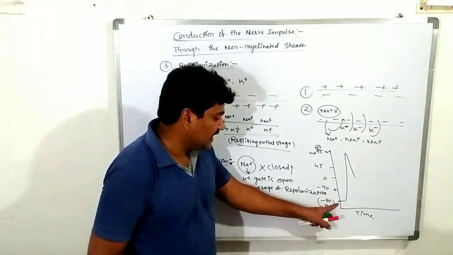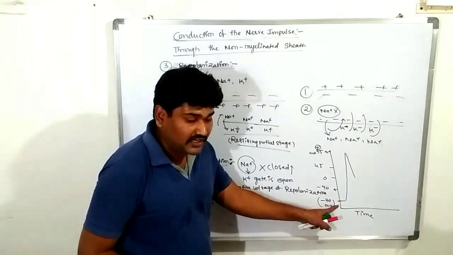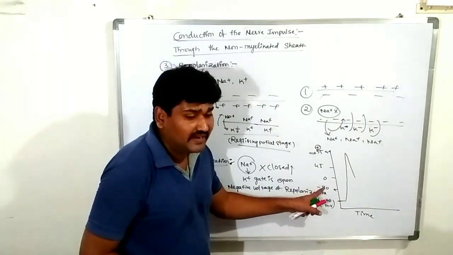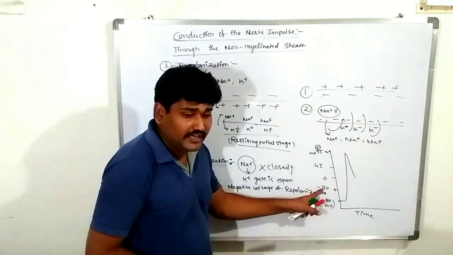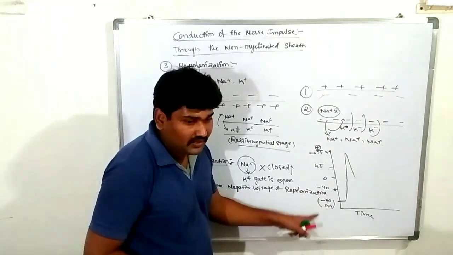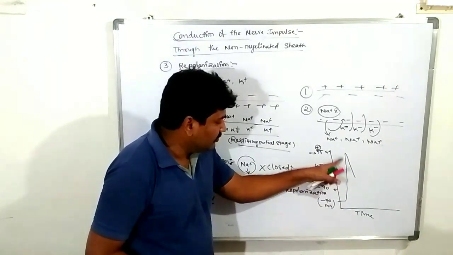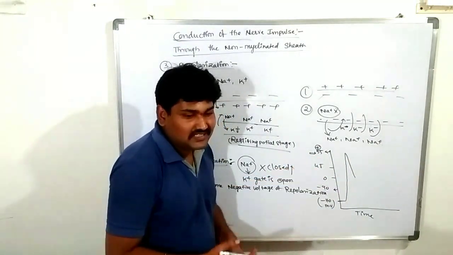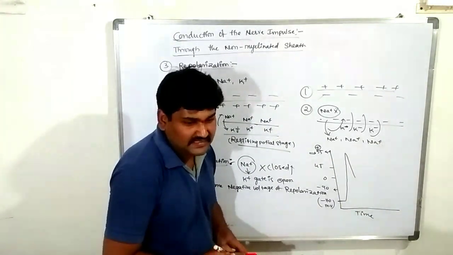These are always resting condition. Minus 70 is the resting condition. The hyperpolarization is nothing but much more negative. Minus 90 is much more negative, much more negative of the repolarization. It is called hyperpolarization. So the nerve is stimulated. What is that? The peak voltage of the nerve is plus 55.